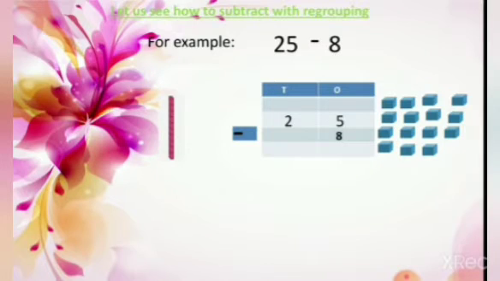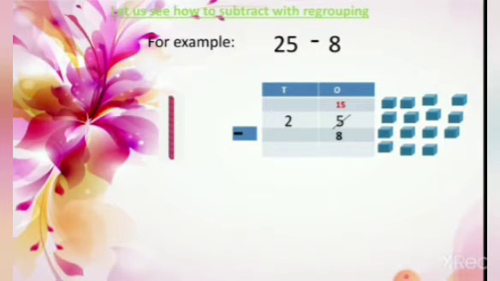Now we have added 10 more. Let us count how many there are. 1, 2, 3, 4, 5, 6, 7, 8, 9, 10, 11, 12, 13, 14, 15. Before, how many did we have? 5. So now we have 15. Now we have to change this number. 5 minus 8 could not be done, but 15 minus 8 can be done. So we will cross out 5 and write 15.